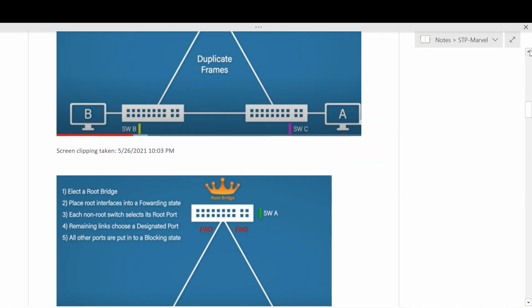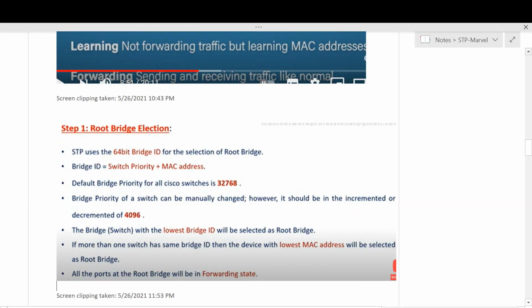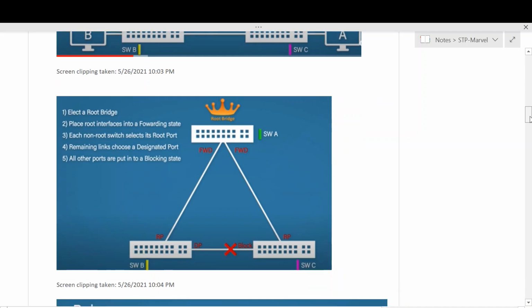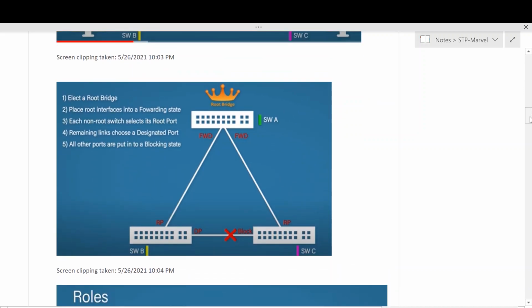There is a 5-step process. First, elect the root bridge. Second, place the root bridge interfaces into the forwarding state. That means all root bridge interfaces are put into the forwarding state.